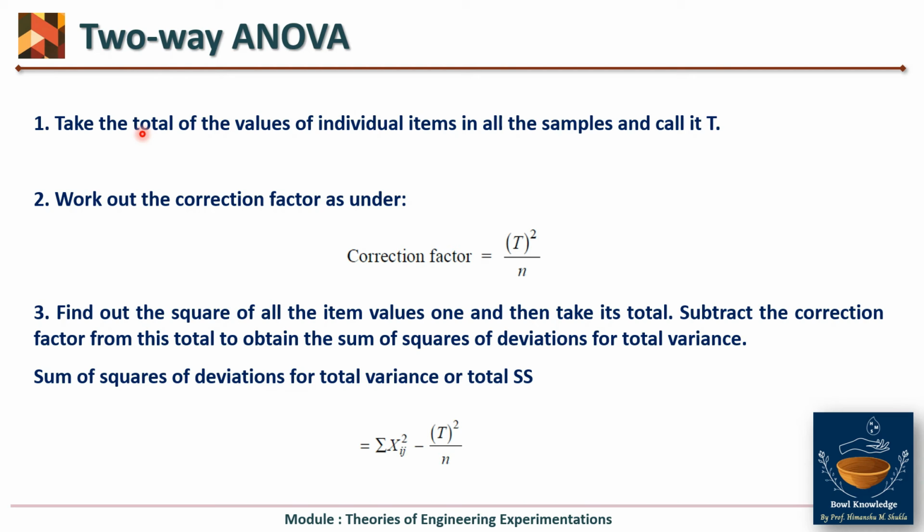So if you have 10 samples and 2 factors and 3 varieties, whatever there are, जितने भी आपके डेटा के टोटल रीडिंग है उसको आप प्लस कर लो, summation of all the values, and call it capital T. So again this will be very clear from the numerical, and we will come back to this slide if you are unable to understand it. So take the total of all the values in the table, that is capital T.